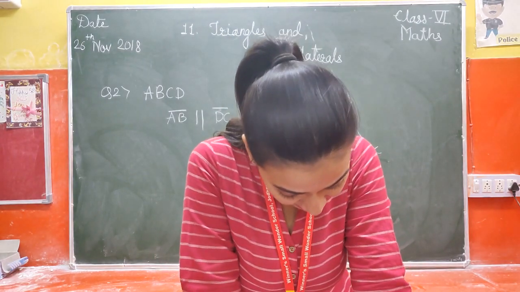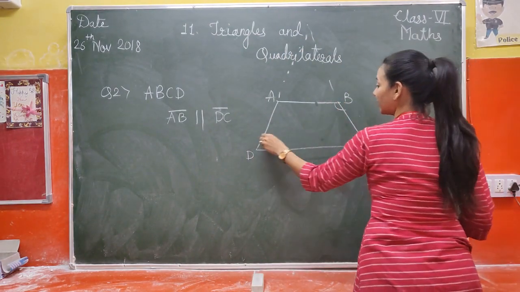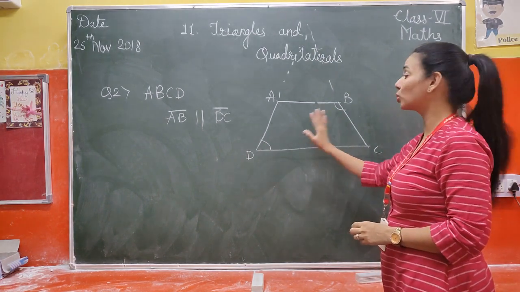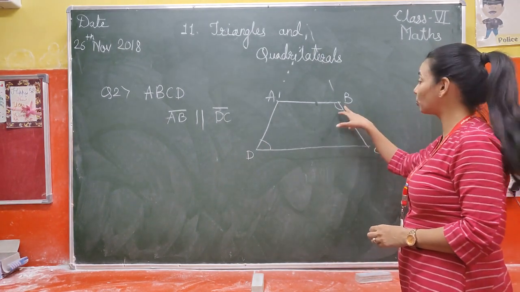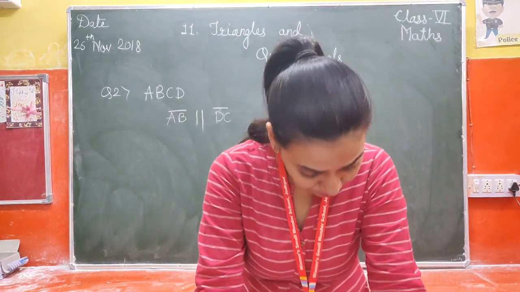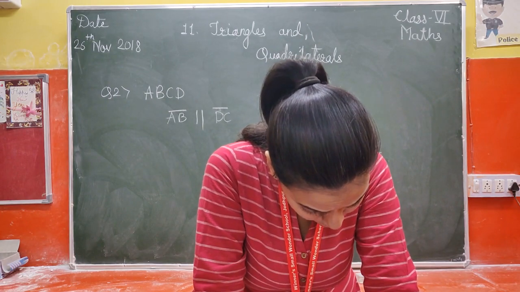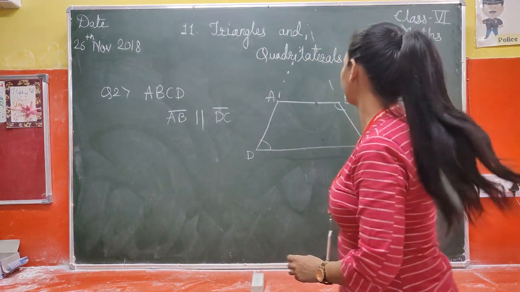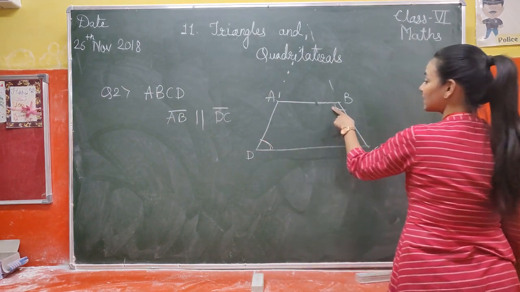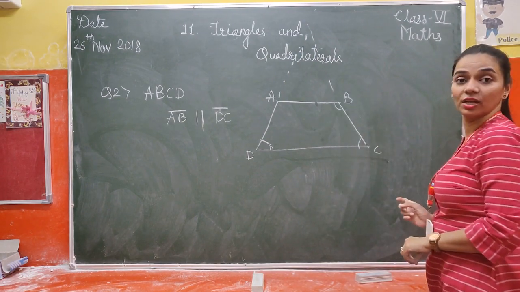What kind of angles are angle B and D? Can you see angle B and D? Angle B and D are opposite angles, right? They are diagonally opposite angles, or you can say opposite angles of the quadrilateral. So B and D are called opposite angles of the quadrilateral. Now name an obtuse and an acute angle. Can you see an acute angle here? This seems to be acute, or C is an acute angle and D is an obtuse angle.